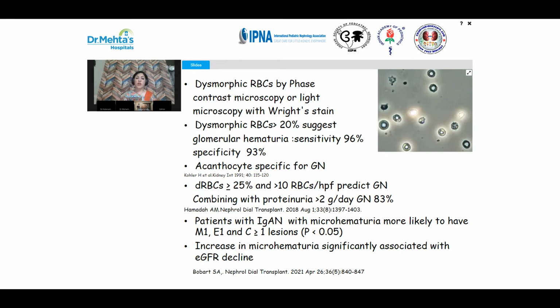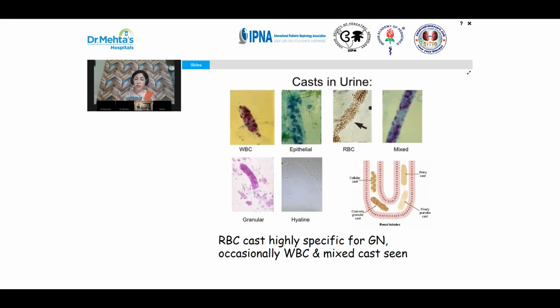So talking a little bit of casts in urine, we just discussed that presence of RBC casts in urine is highly sensitive and specific for glomerulonephritis. Sometimes the RBC casts may be present mixed with WBC casts, which are usually otherwise seen isolated in pyelonephritis. Mixed casts can be seen, so therefore RBC and WBC casts both can be present, or pure RBC casts can be present in glomerulonephritis, and they are usually the fresh casts.